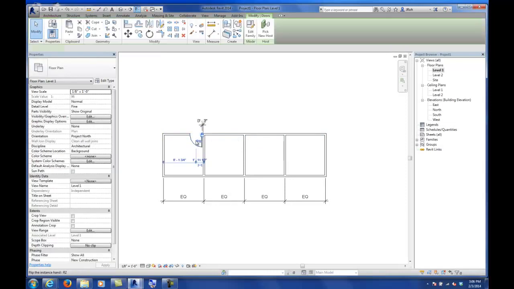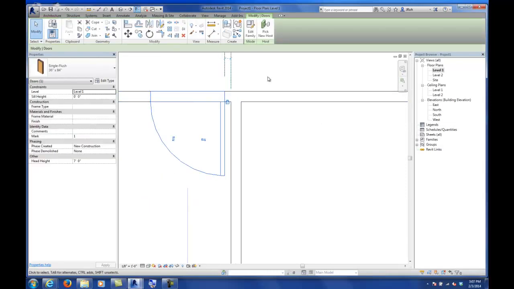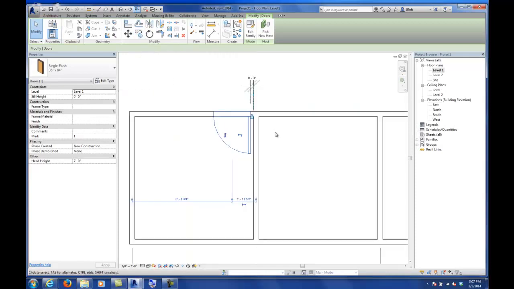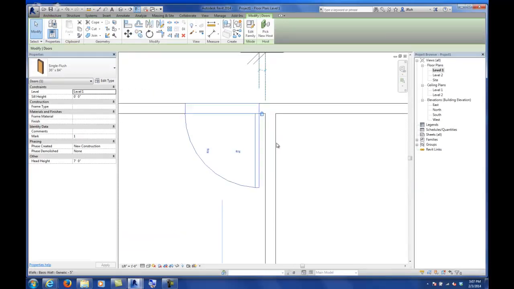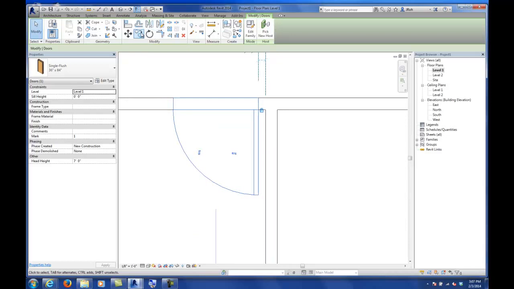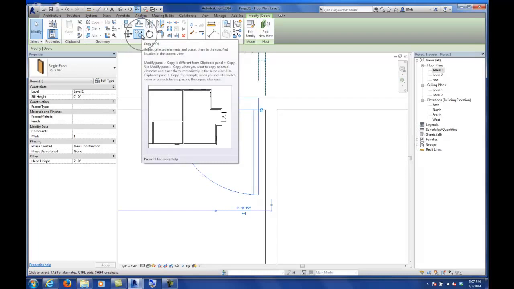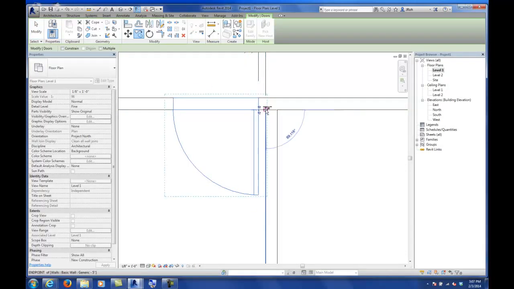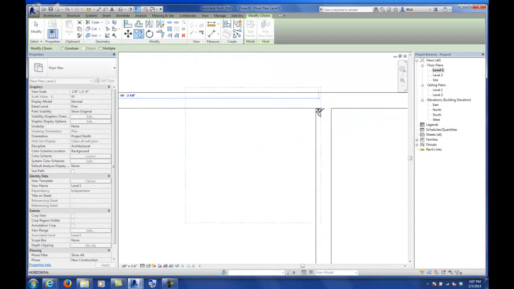So I'm going to go ahead and place more of these doors. I deleted that one that wasn't set, and I'm going to take this other one and hit copy. If I make a selection first, you always make a selection of the item that you're going to manipulate. And there's this little copy command here at the top. I'm going to copy from the inside corner, and I'm just going to copy this door